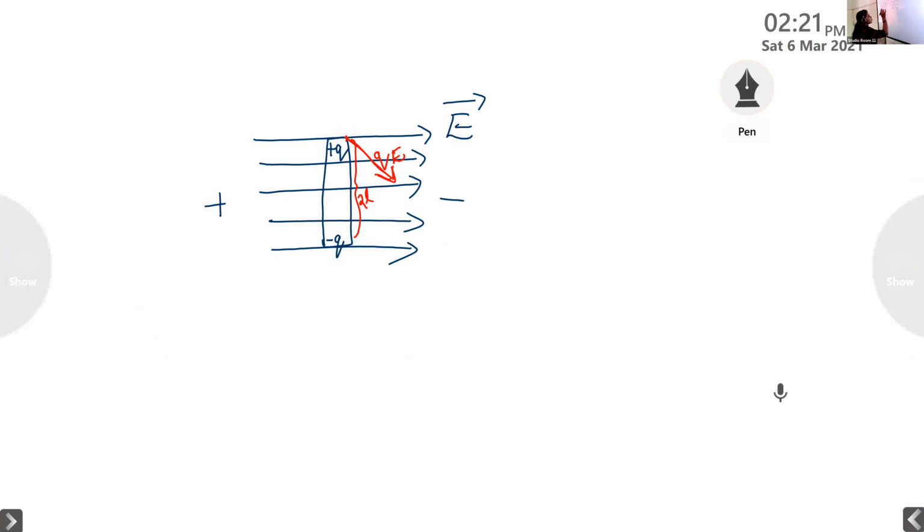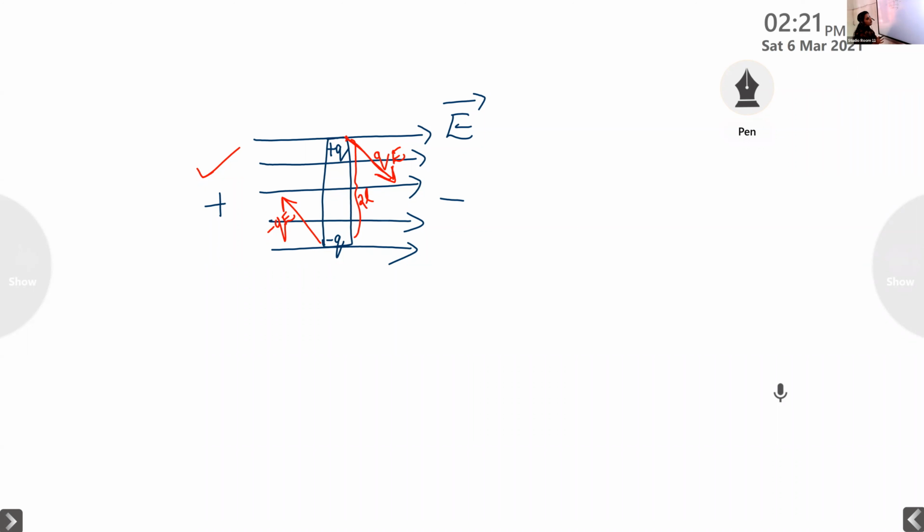Similarly, due to the presence of this positive charge, the negative charge on the dipole experiences a force of attraction, and it is also given by negative QE. Why are we giving it as negative QE? In the case of the plus Q charge, it experiences a force of attraction in the forward direction. But the negative charge present in the dipole experiences a force of attraction towards this positive charge in the opposite direction, that is, in the backward direction. So we give it as negative QE, minus QE.